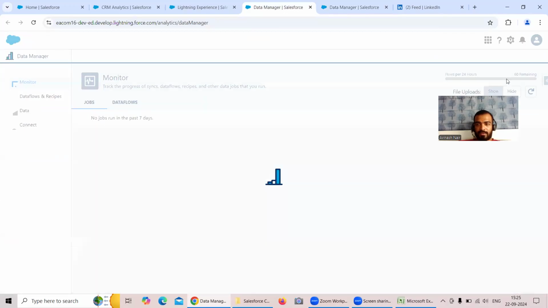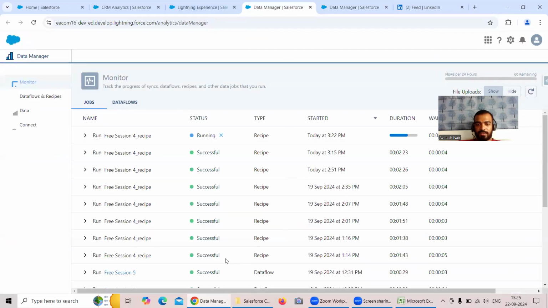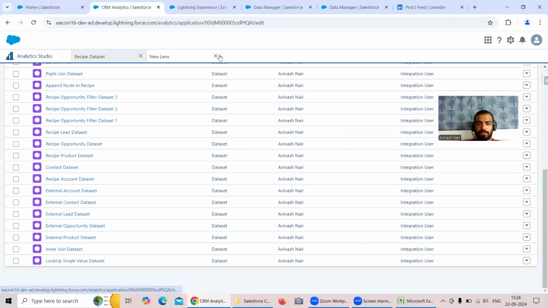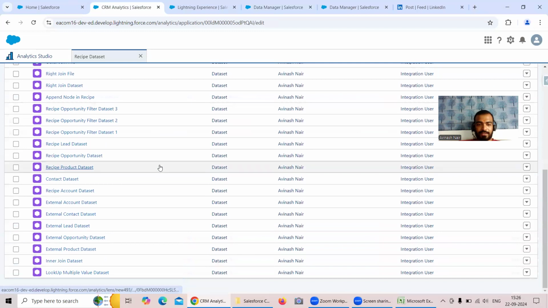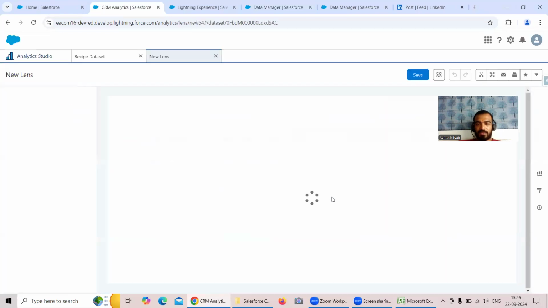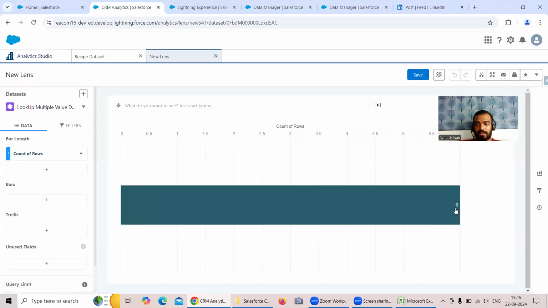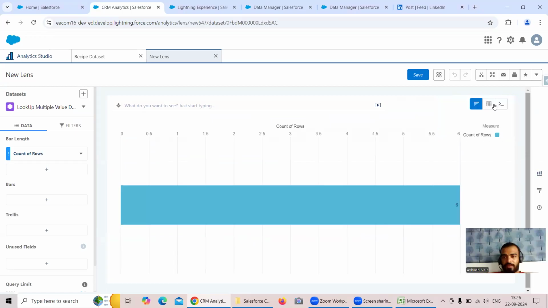So it's in running stage. Let us monitor this for now. Okay, so this ran successfully. Now what I will do is in this particular app, I will again refresh it so that I can see the latest data set. Now, if you see at the end of that, it's coming as 6 records. Now, if I just go to this value table,